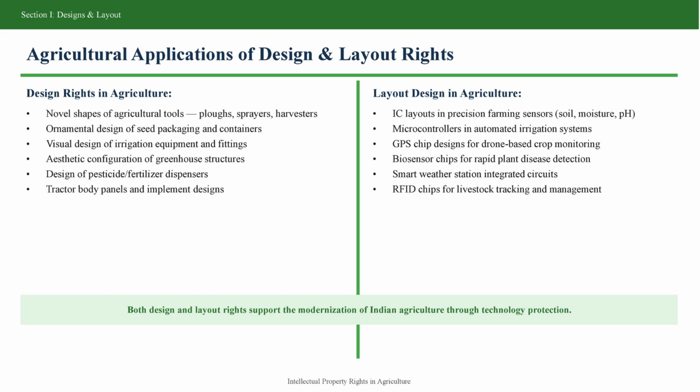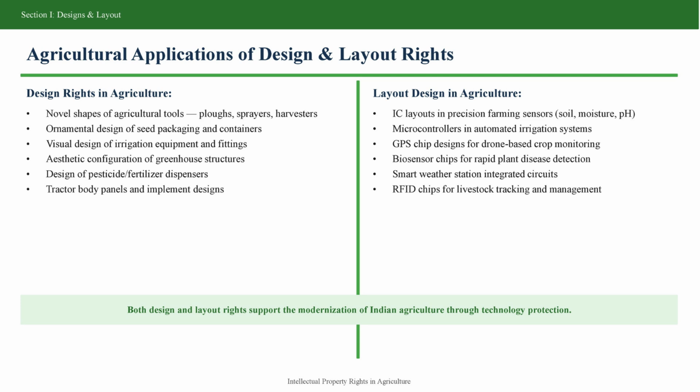Under design rights in agriculture: novel shapes of agricultural tools, plows, sprayers, harvesters, ornamental design of seed packaging and containers, visual design of irrigation equipment and fittings, aesthetic configuration of greenhouse structures, design of pesticide or fertilizer dispensers, tractor body panels and implement designs. Now under layout design in agriculture: IC layouts in precision farming sensors, soil, moisture, pH, microcontrollers